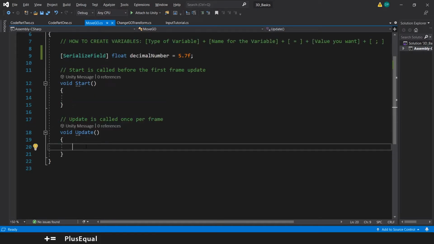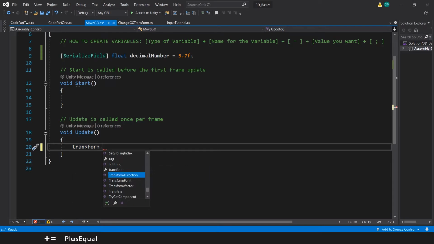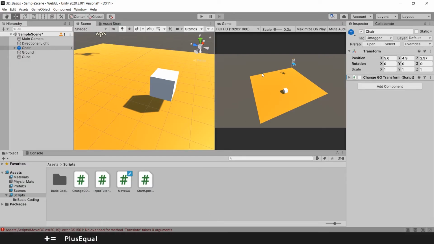And we have a lot of ways to do this, but one of the easiest ways that I found is to put transform, that is just what we talked about that we want, dot, and here we have a lot of options, but already here we see translate, and if you read into this, it says moves the transform in the direction and distance of translation, and we can see that it is a vector 3. So this is exactly what we want. We want to move the transform. Let's put translate,